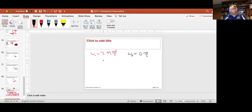And so I want the angular acceleration. The equation is that the final angular speed is equal to the initial angular speed plus the acceleration times the time interval. Well, we said the time interval was 20 seconds. And so I can solve for this. 0 is equal to the initial